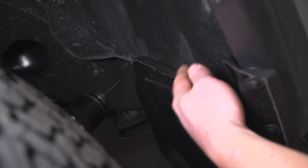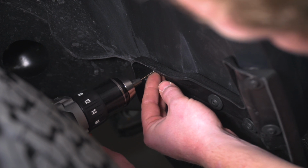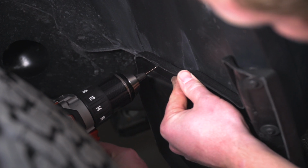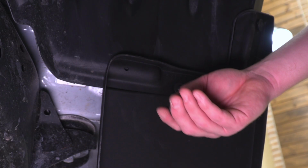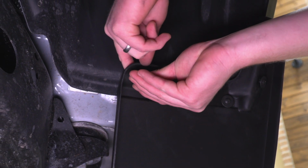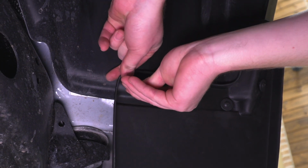At this point, we can get our drill with a 1/16 drill bit in here, line it up in the hole in the mud flap, so we know exactly where to drill our hole, and go ahead and drill. With our hole drilled, we can insert our last screw through the mud flap, through the hole we drilled in the inner fender liner,